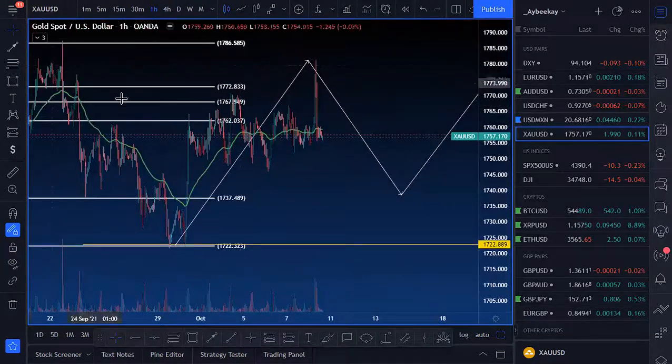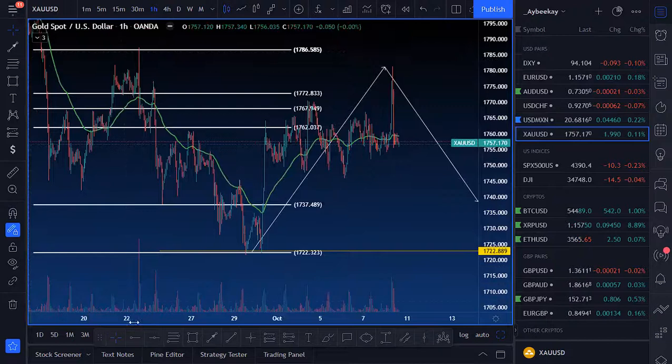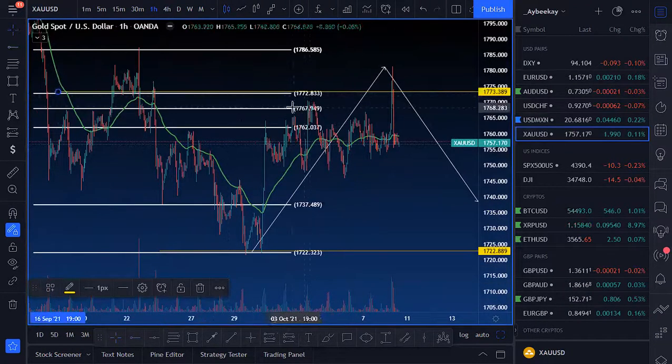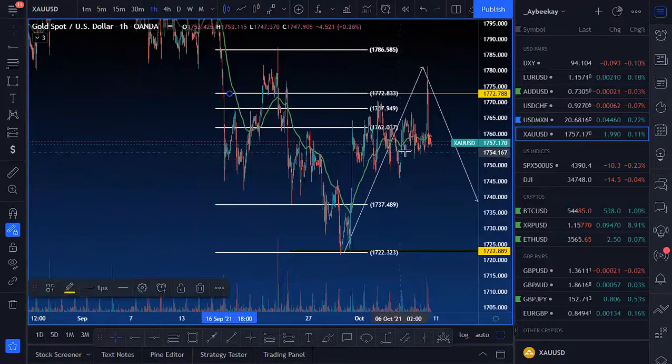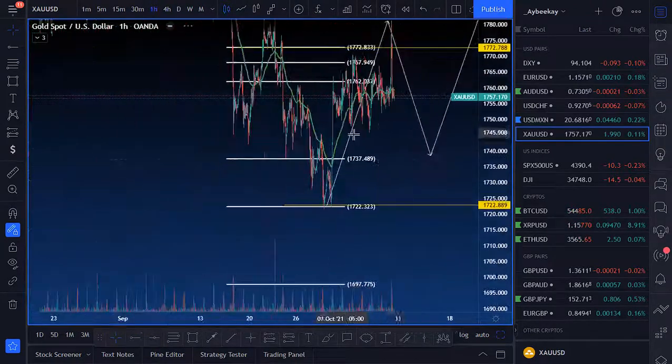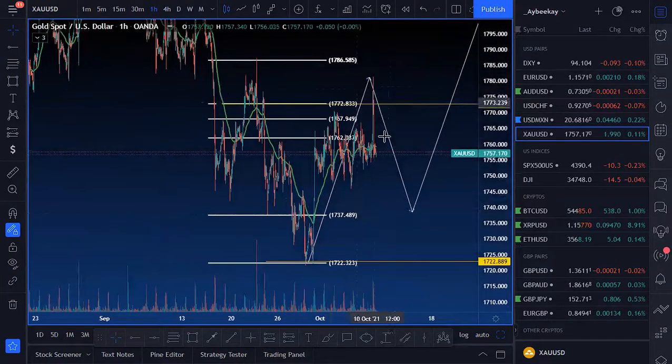So then after it's done all that, it dropped from the 71%, came back up to the 78.6% fib, and even higher, but now it dropped back lower. So again, to me right now, it just looks like either it's going to keep falling, or it's going to come down over to the 1738 area, hold, and then go bullish.